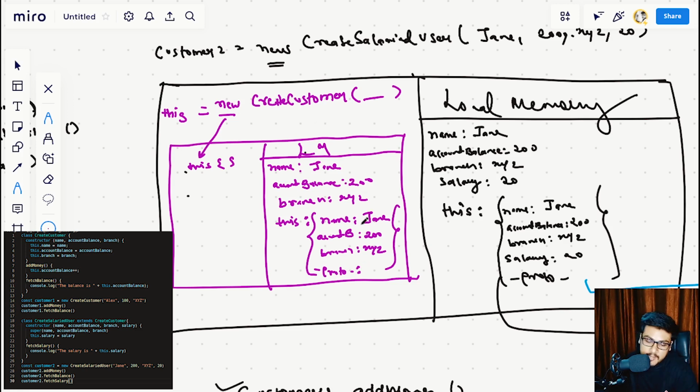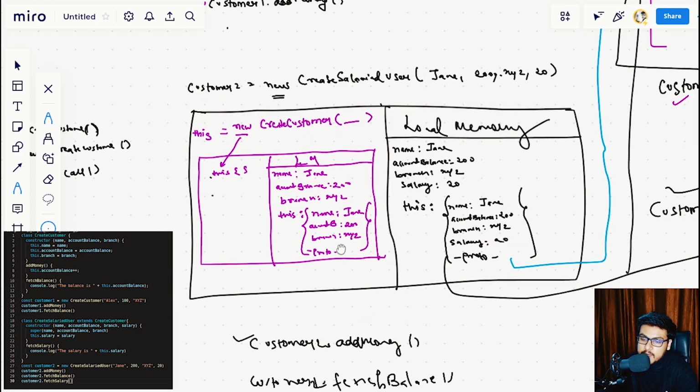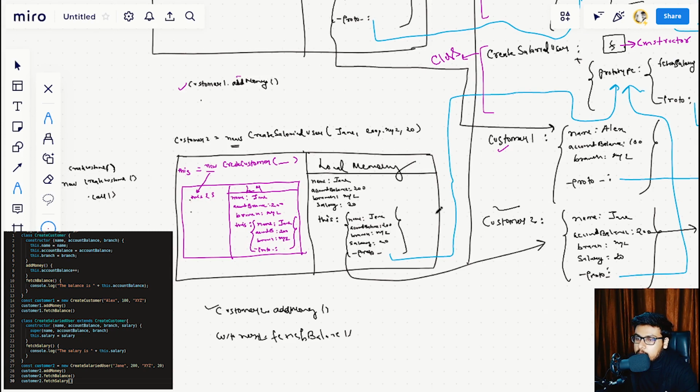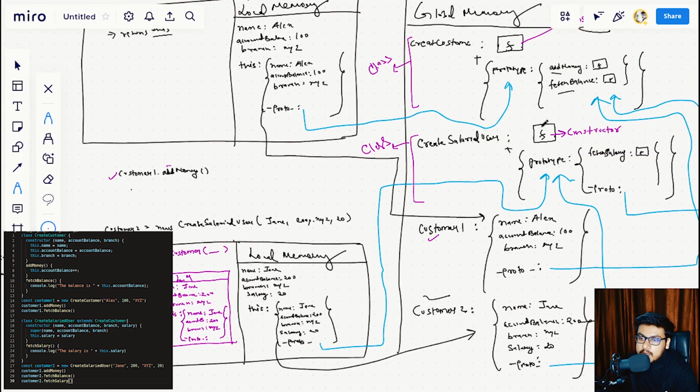Ideally it should have set this proto to this prototype over here, because create customer function was the caller with the new keyword. So ideally our proto should have been set to the create customer prototype object,